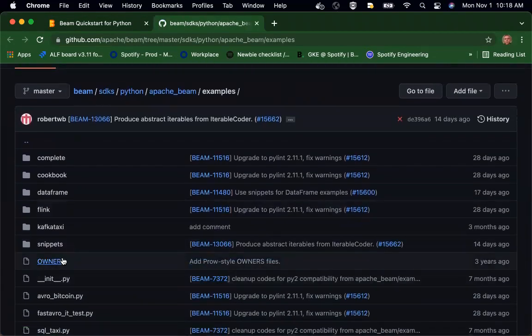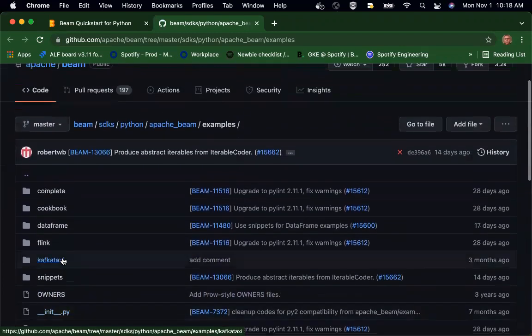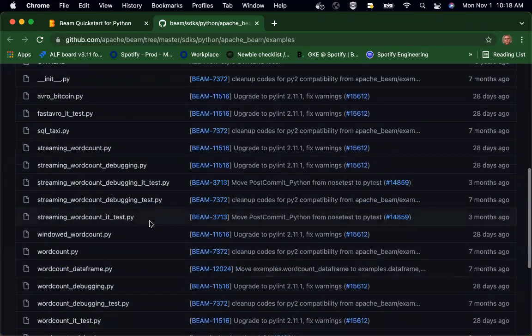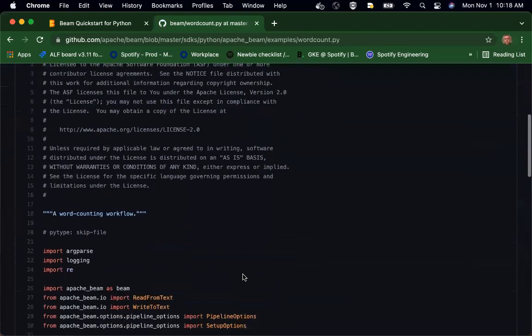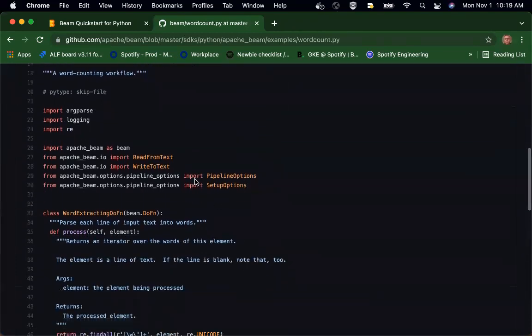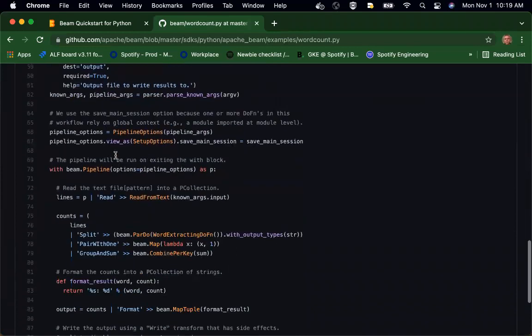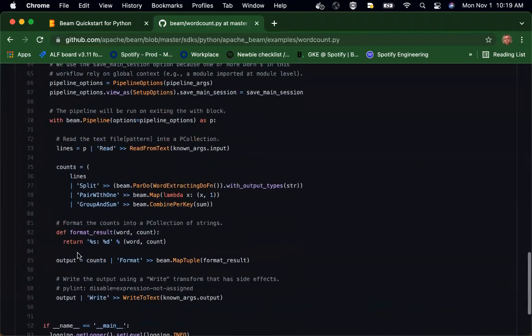It's under examples. Why can't I find it? Say Python. Oh, it is examples. The one that we're going to use, this word count, is the one that they're doing here. Now, the intent here is not really to understand how to write Apache Beam exactly, but you need to generally know what it's doing, right? So basically, this is just a bunch of imports. You're importing stuff from Apache Beam. If you scroll down to the bottom here, you can see the entry point is you basically call run,